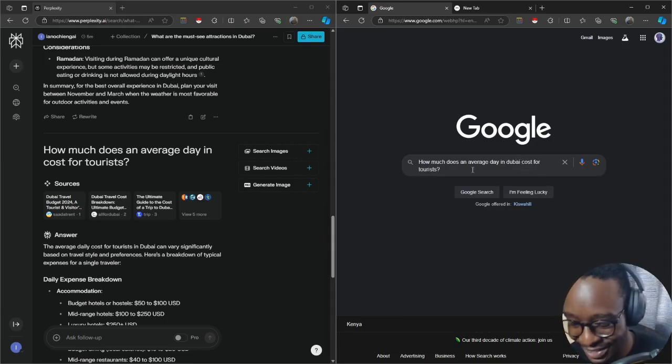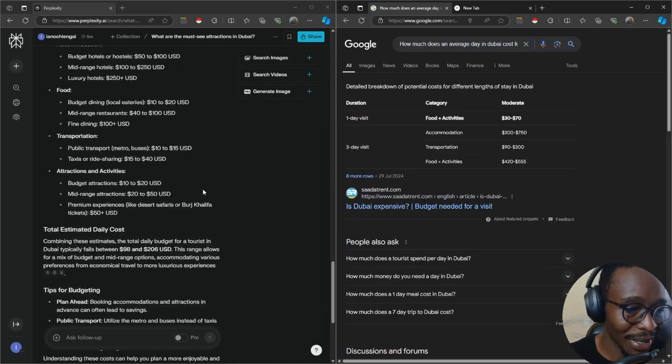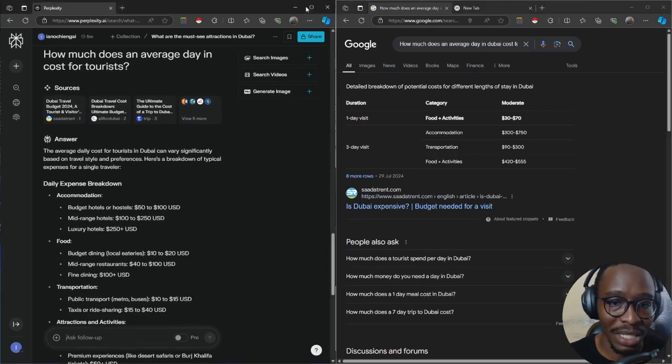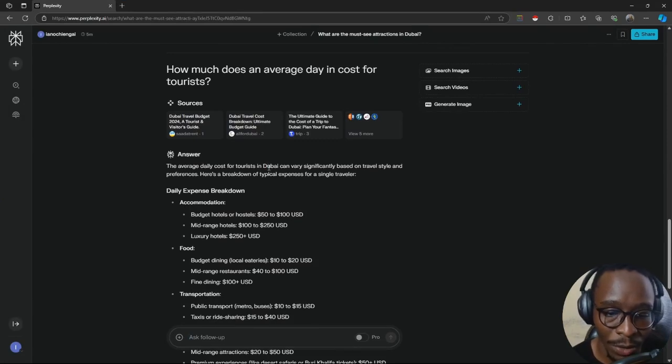It is so much work. Okay, cool. Google has opened so many tabs. Okay, with Perplexity, I want to show you the magic. I didn't even have to put the word Dubai, but you can see it knew exactly what I was talking about because it has memory of the previous conversation, of the previous question that I had asked it.